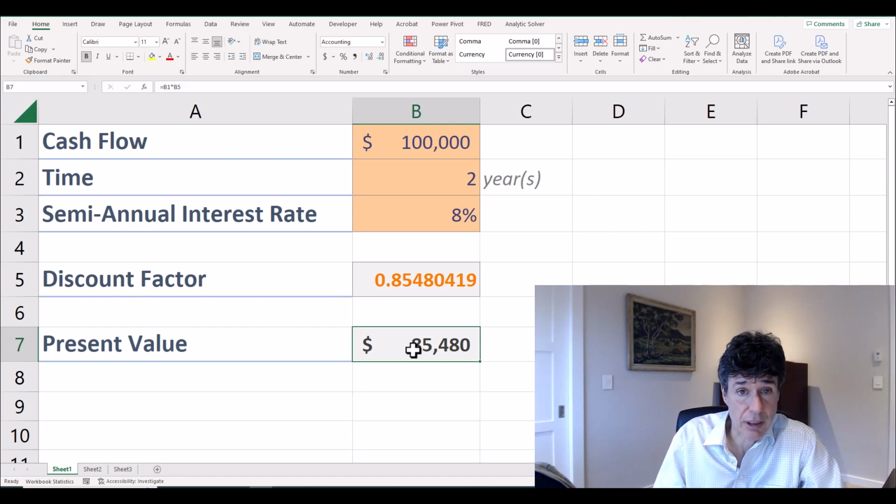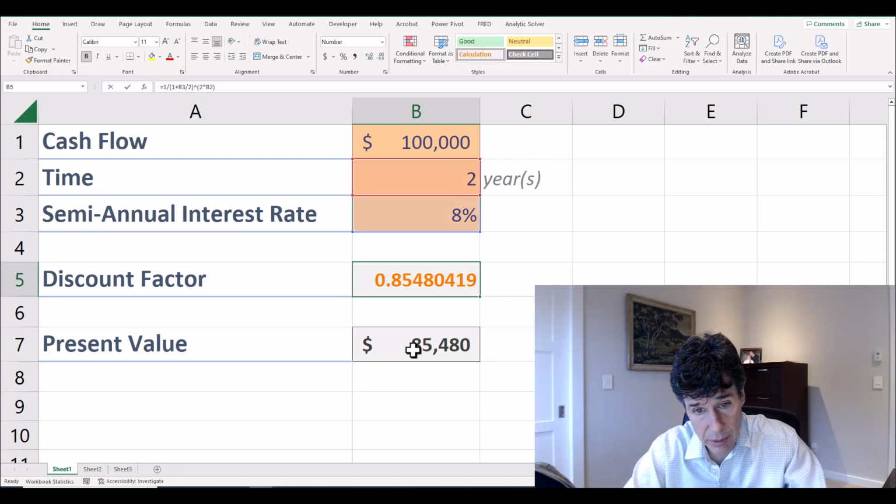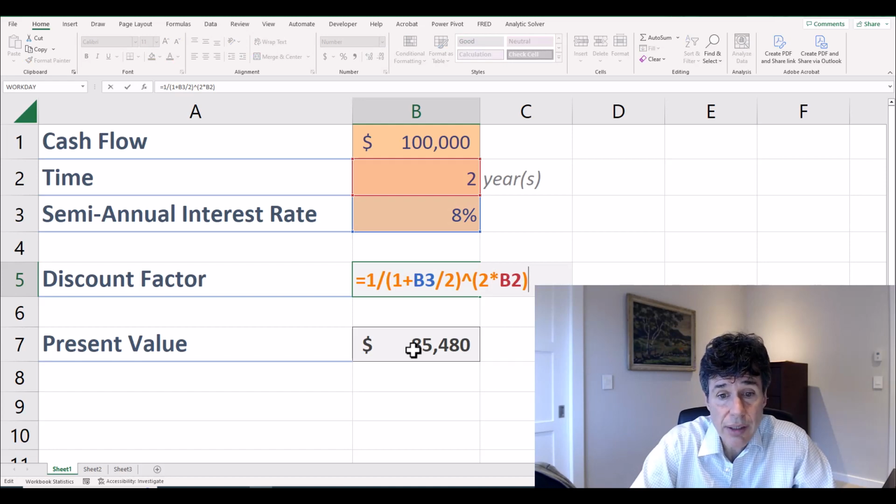Now, the other thing I want to talk about in this video are named ranges. So let's look at these formulas for a second. Here's this formula. Let's make it bigger. 1 divided by 1 plus B3 divided by 2 to the power 2 times B2. Well, that's great. It's a formula. And given that everything is sitting right here, I know what's going on. So let's